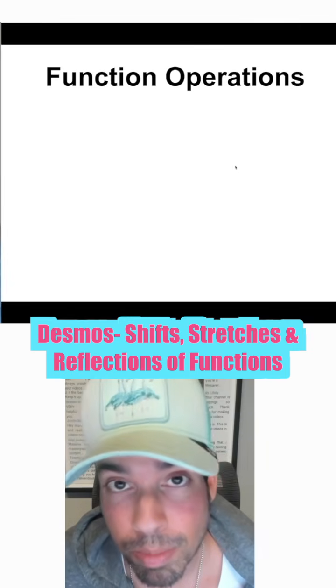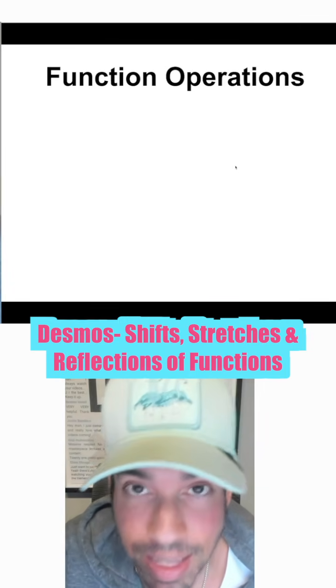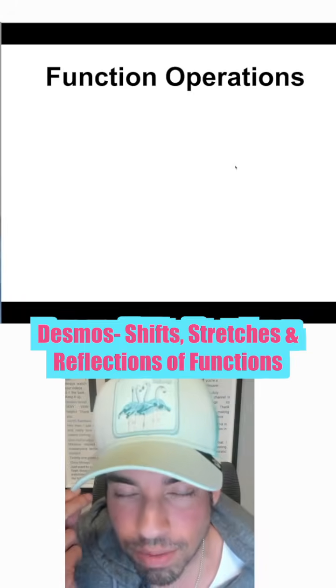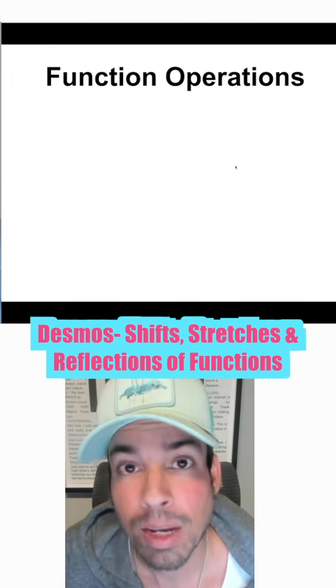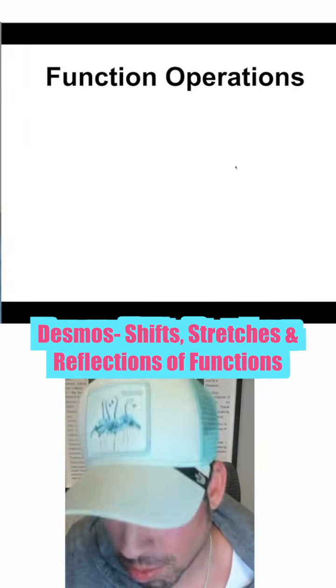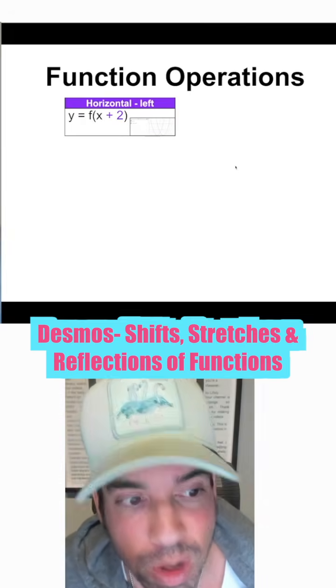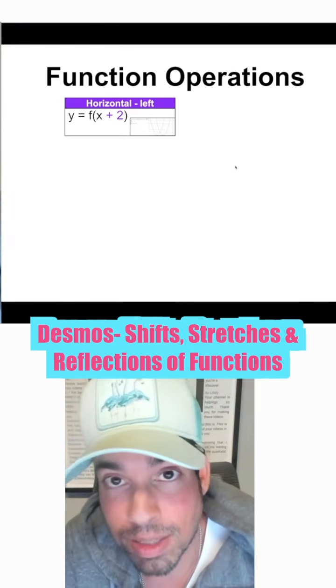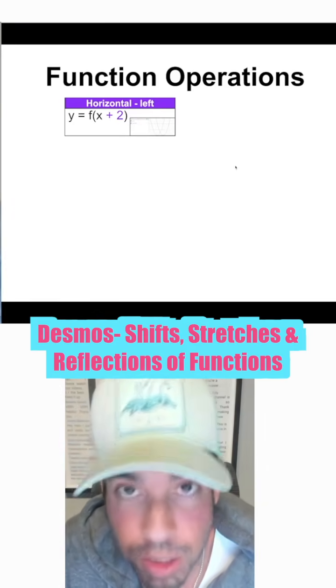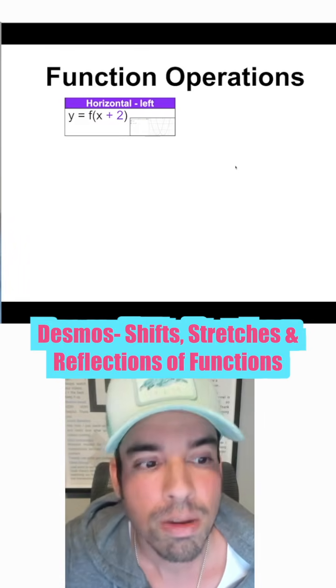We're going to talk a little bit about transformations and how to represent that in function notation. Now you have an idea of how to write a function as g of x, f of x, whatnot. And once you have that, now you can apply transformations in the following way. So for example, if we want a horizontal shift, you're going to write f of x plus 2. Now this is left, right? If I go plus 1, plus 2, plus 3, it's all going to go to the left by those constant